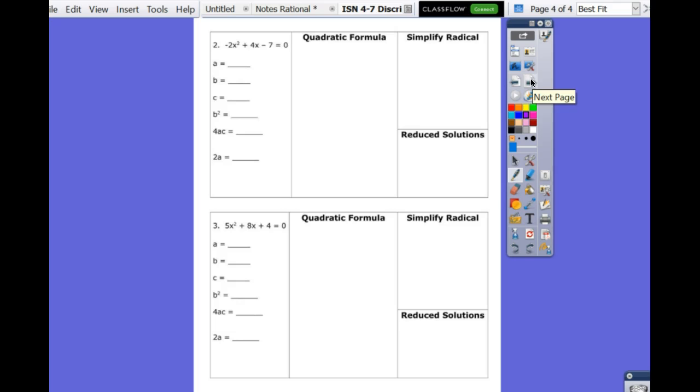Okay, so for this one, I get negative 2, 4, and negative 7. Okay, go ahead and fill in. So did everybody get this? So from here,